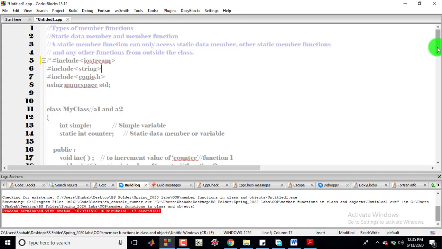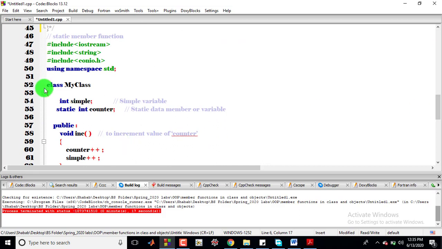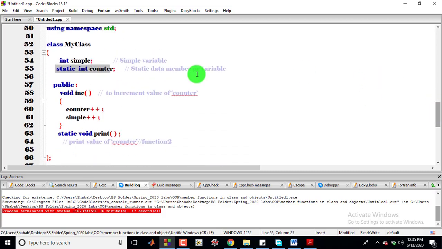Let's understand this with an example. In this example, we have a static data member and a static member function. We have a counter data member and the print member function, so one static data member and one static member function. The program is the same as we discussed earlier.